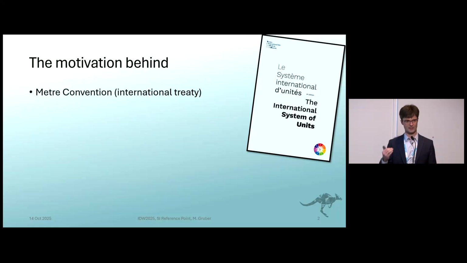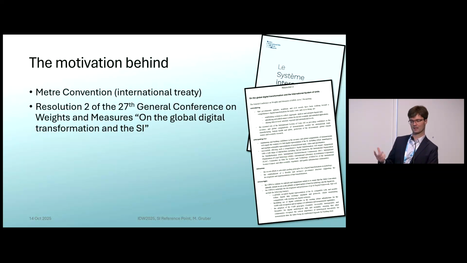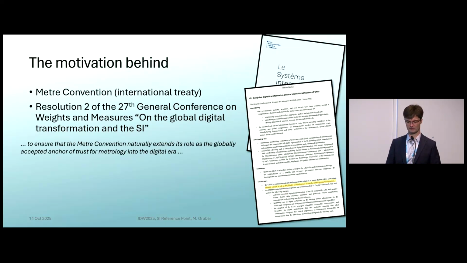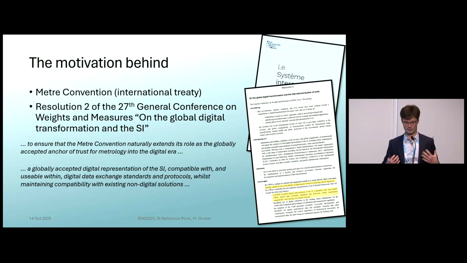And this community, at least at the highest level, communicates in resolutions, and at the last big meeting, the General Conference of Weights and Measures in 2022, they also had a resolution on the global digital transformation and the SI. In that resolution, it says they want to prepare the Meter Convention to extend its role also in the digital era, to still be the accepted anchor of trust regarding units. And they wanted to have something that is globally accepted, but also compatible with other existing digital standards, and backwards compatible to the more non-digital solutions that have been used. The SI is basically a big analog interoperability